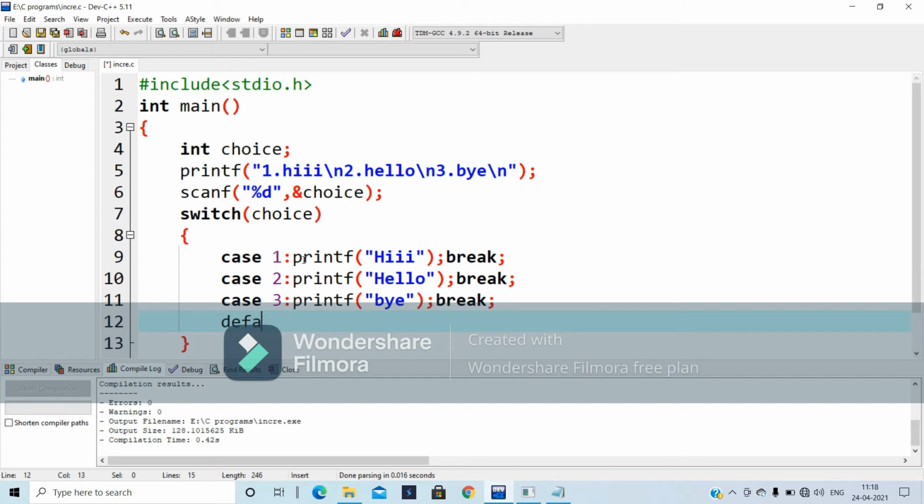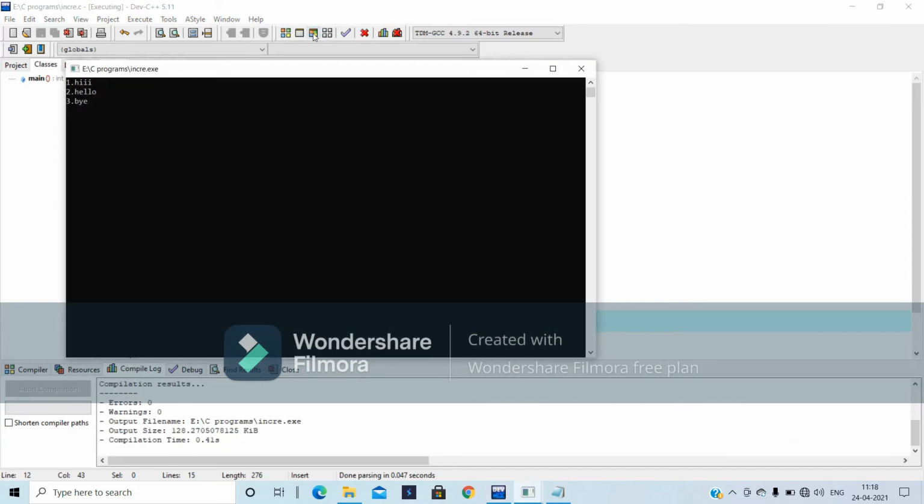If you press anything wrong, it executes this statement. There is no need to mention break here. Press the right one. Yes, this is the syntax we need to understand. I'm going to execute this.